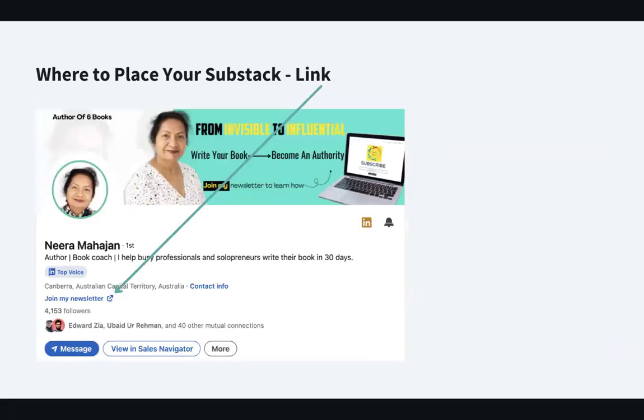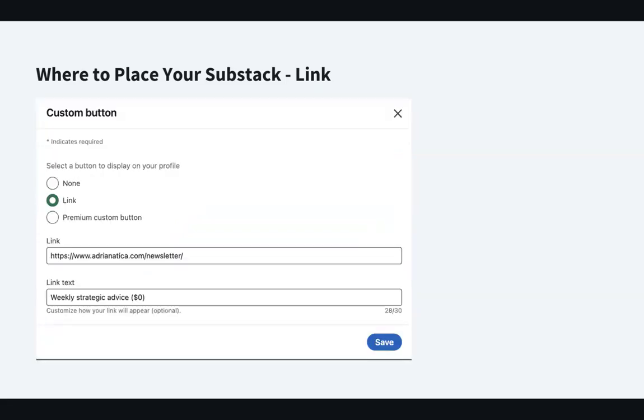The other one, it is here. Example from Nira, she's from Canberra, and she has there the link, not a button, but a link. And there's no need to call the URL, but she has joined my newsletter, and that goes to her Substack. That's also one way to make that happen. And she also uses the real estate well for the background image. So I can see what she's doing. Here we have where to place it, like the link, custom button. That goes also for those who don't have